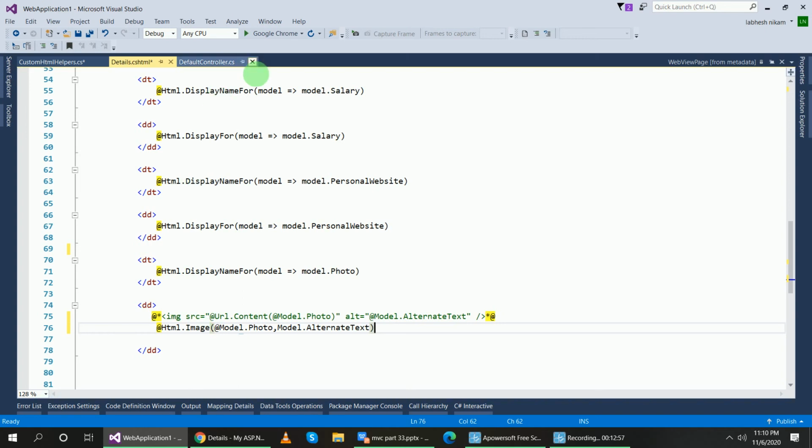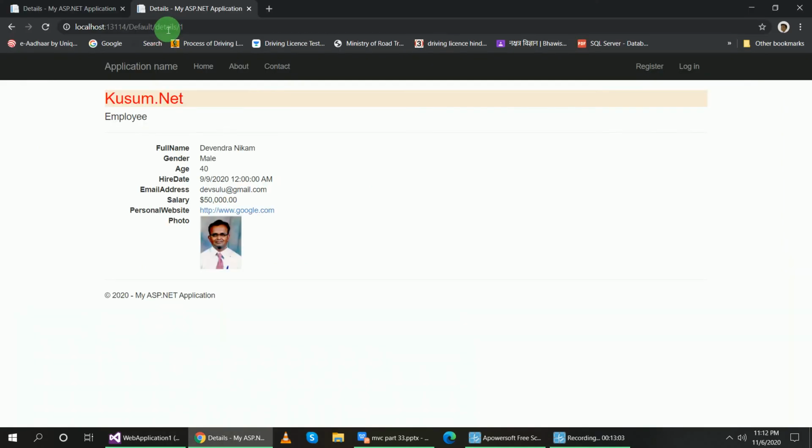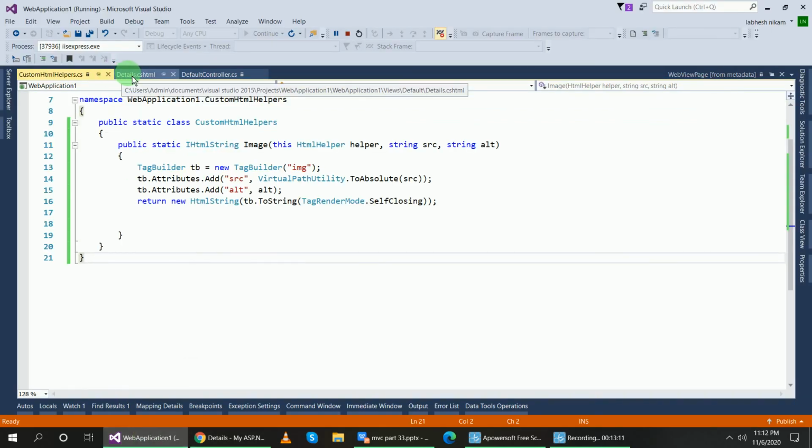Okay, run the program and check it. All right, you can see here the same expected output using this image custom HTML helper.